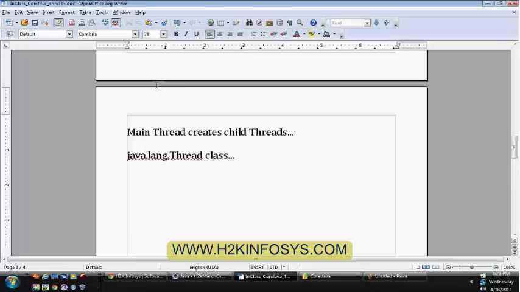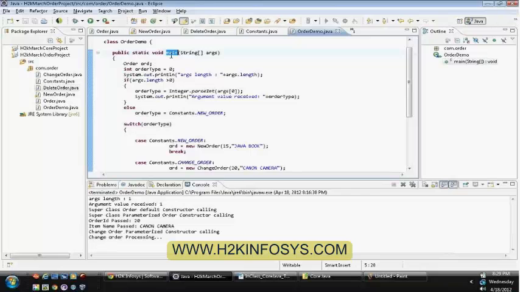By using this class, you can create any number of child threads. That means you are providing a separate path of execution for your child thread. Until now, we are speaking about a separate path. Let us go and verify your main method itself.